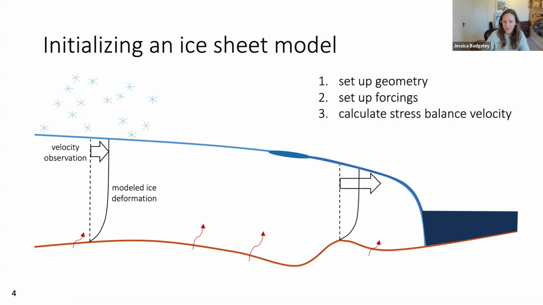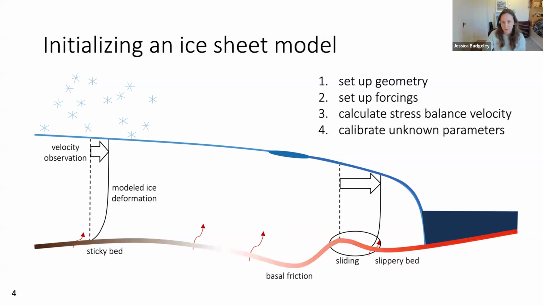And so for Greenland especially, and a lot of Greenland's fast-flowing outlet glaciers, we also have to consider that there's basal sliding going on. And this is, as I mentioned, at the interface between the ice and the bedrock and quite difficult to observe. And so this is where we get into calibrating the ice sheet model for parameters that we don't fully understand or aren't able to measure or model very well.